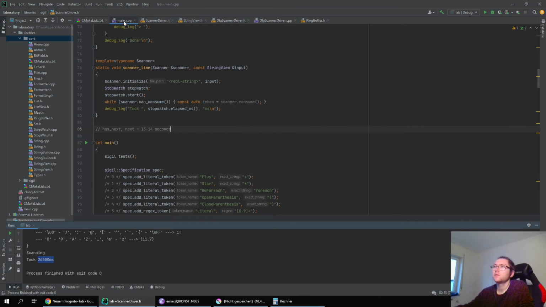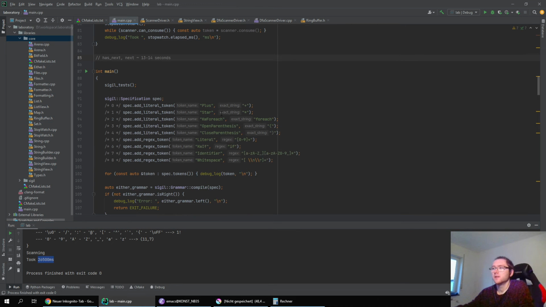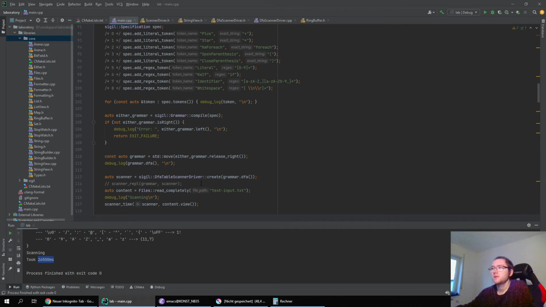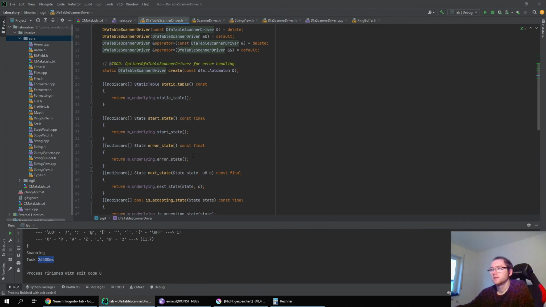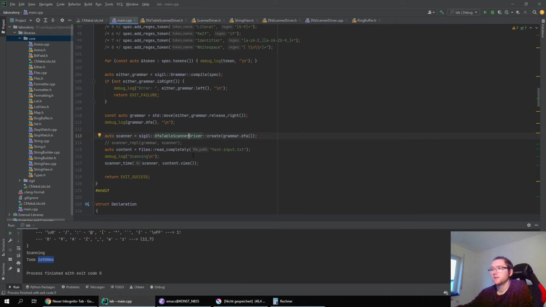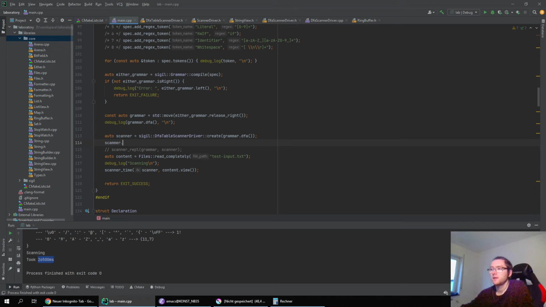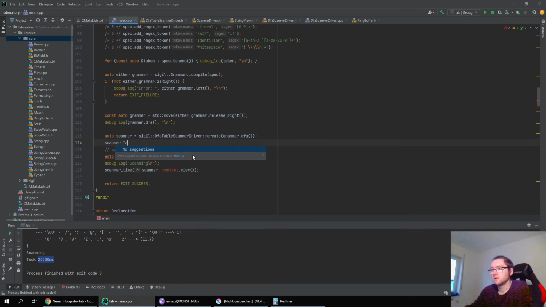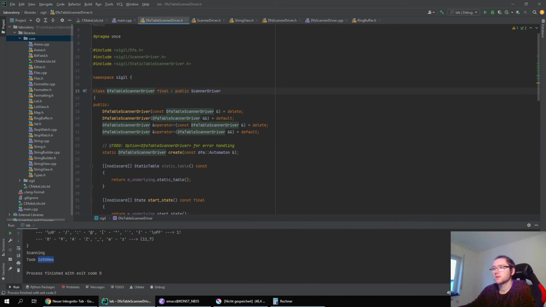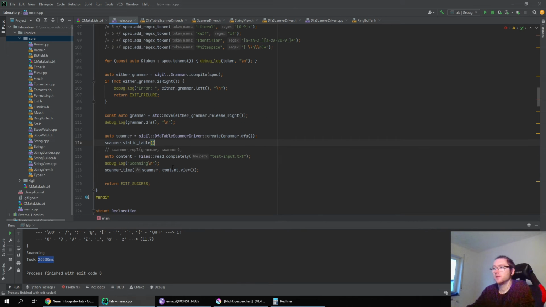What do we actually use for our scanner here? Yeah, we run on our scanner. Yeah, I see. So maybe scanner, that's table. How do you do this? Got the static, it's called static table. I can just